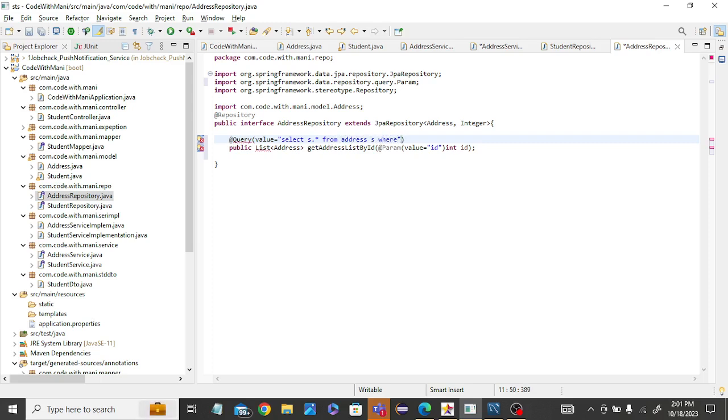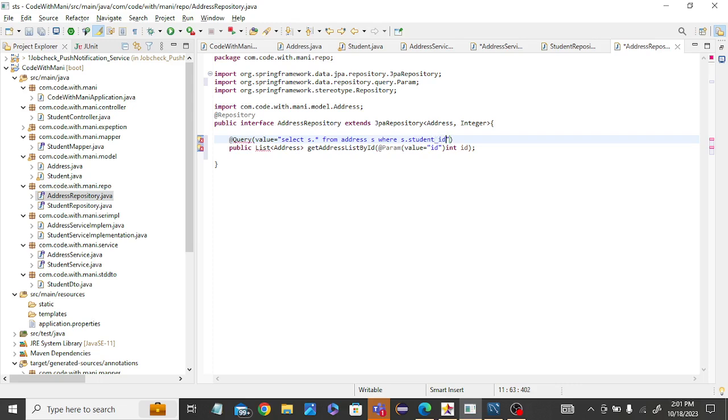Suppose your query is wrong, it will show you the error, so while writing the query, check in MySQL first. Where s.student_id